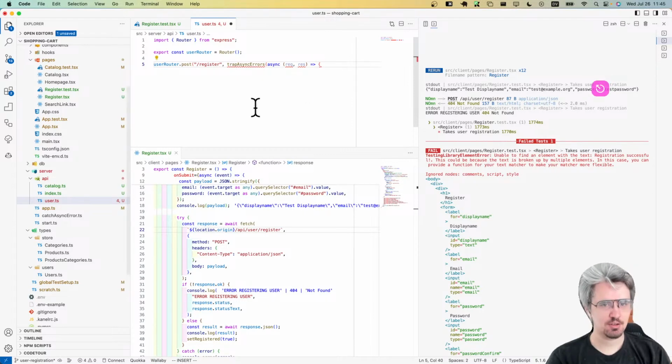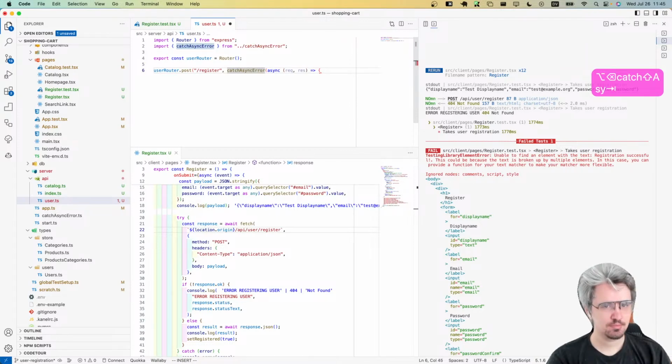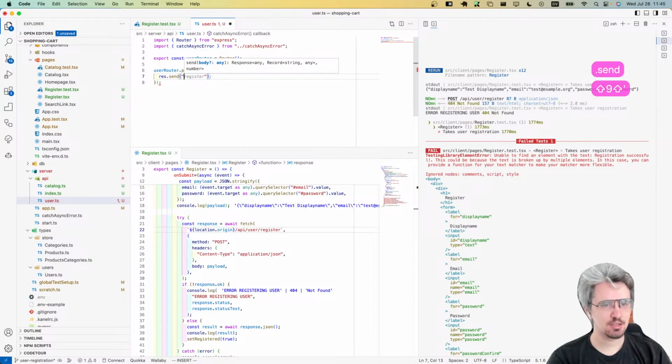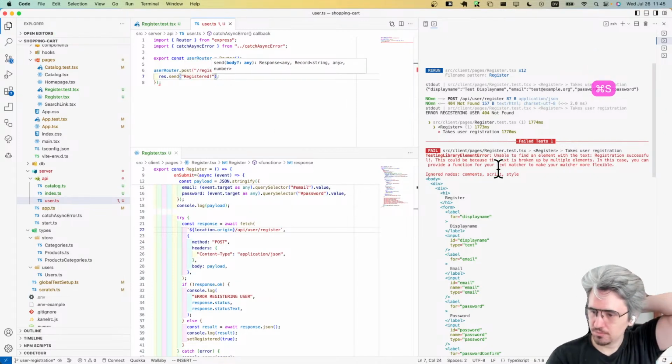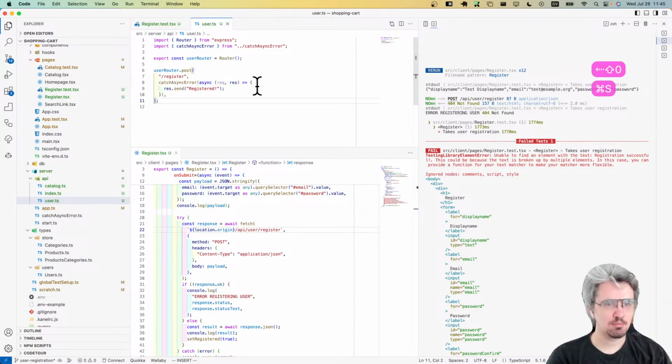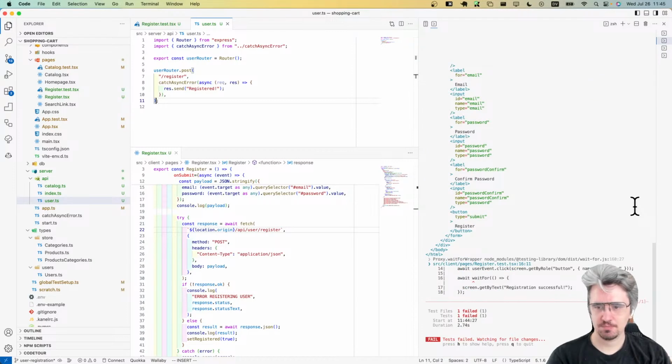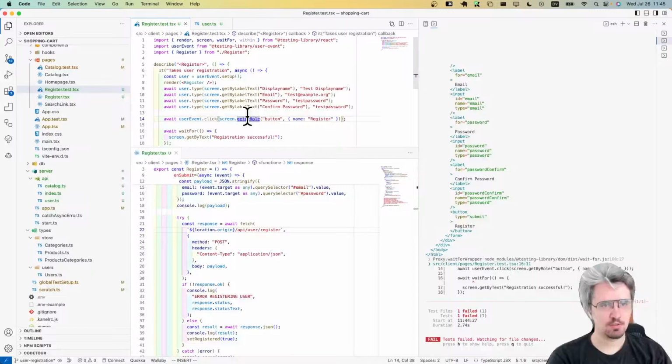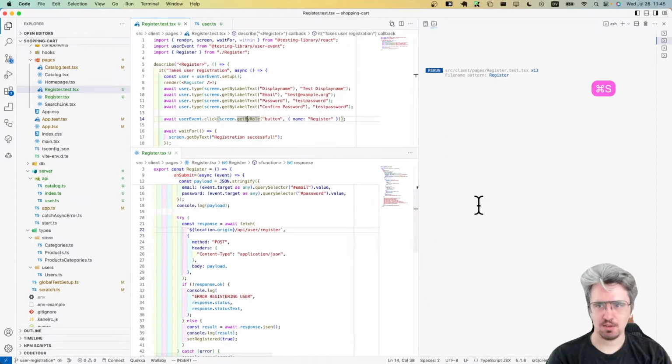I call that catch async errors. And I'm just going to do res.send registered. And I need matching parentheses there. Now if we go update that file,